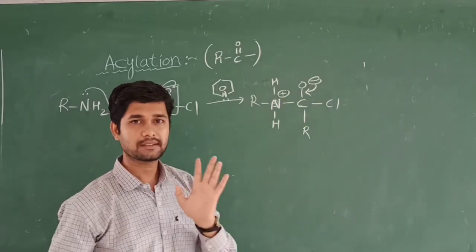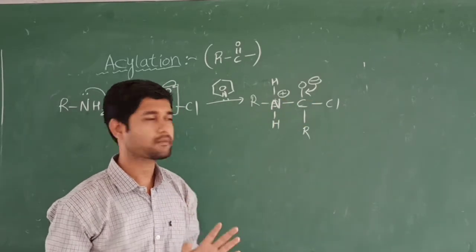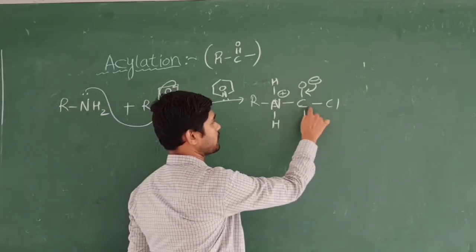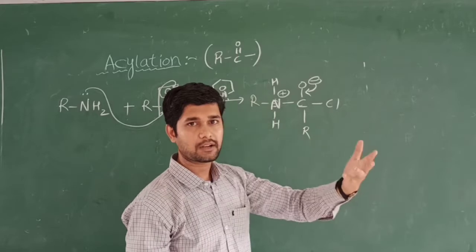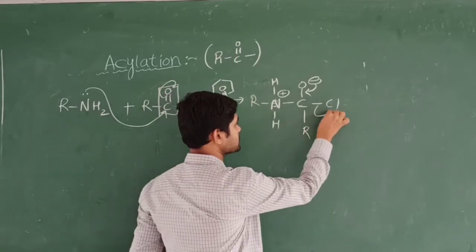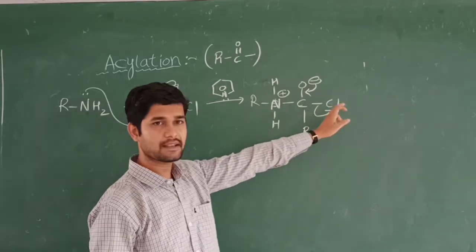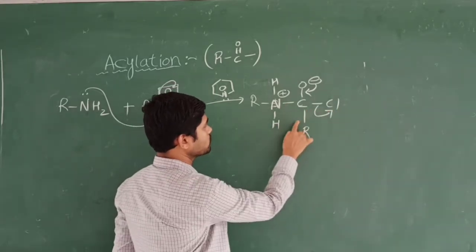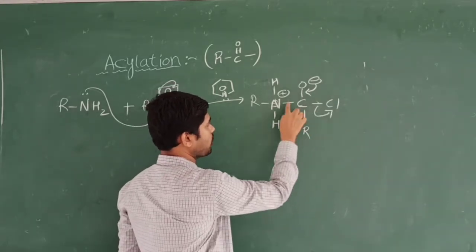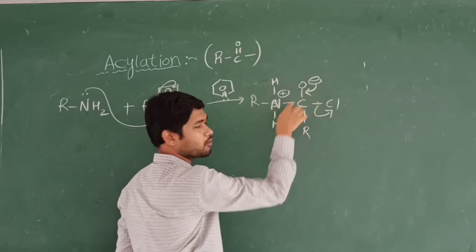So in order to make it tetravalent, because carbon is tetravalent, this is a halogen group. Consider the electronegativity difference between carbon and chlorine. Chlorine is more electronegative. So which element has the Cl minus? After this elimination, what happens now? 1, 2, this is not considered here. 1, 2, 3, 4, because 4 bonds will be there.